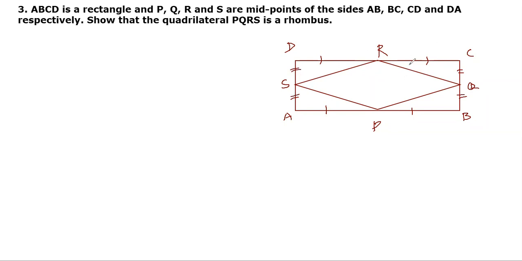Show that quadrilateral PQRS is a rhombus, meaning all sides are equal. For this, we have to draw one line, the diagonal AC, and use the midpoint theorem in both triangles. This triangle is the triangle ADC. In ADC, by the midpoint theorem,